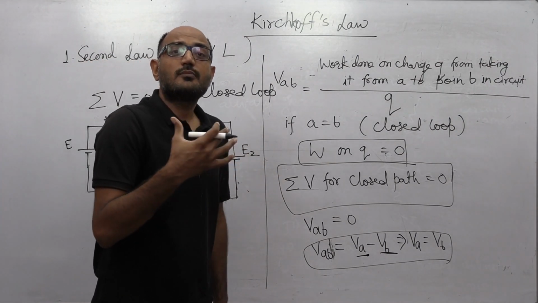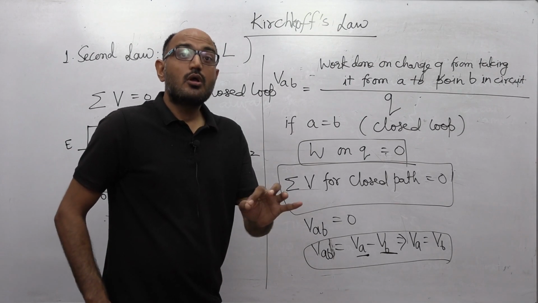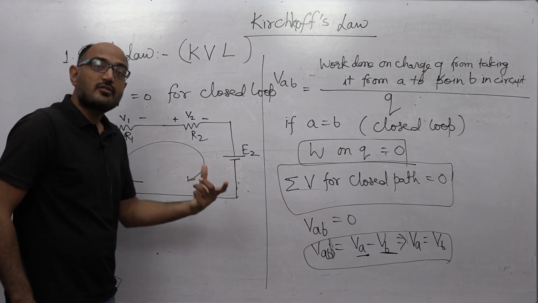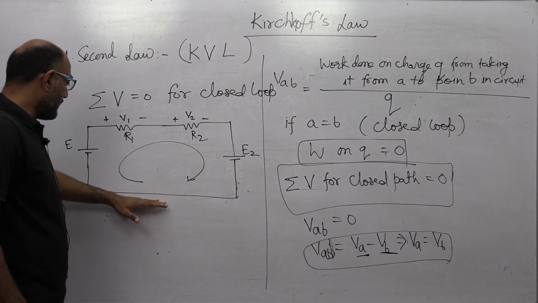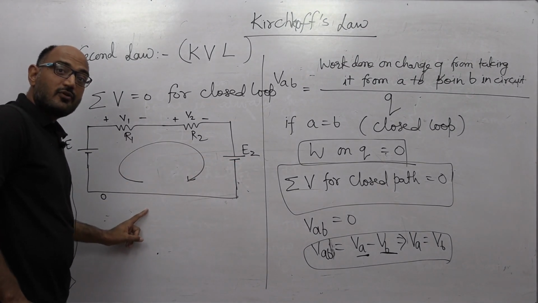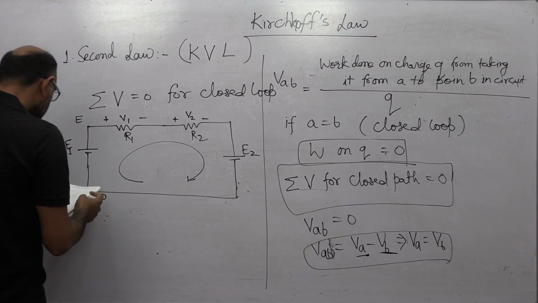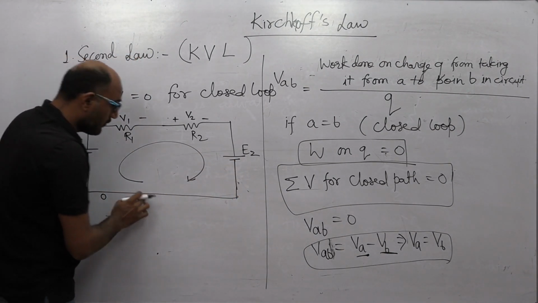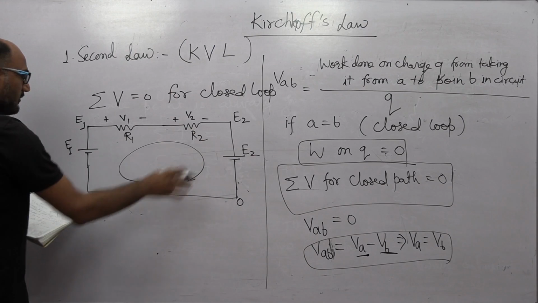So what is the way and what is the logic behind taking the reference node? The simple logic is, you should take that node which is connected to as many different components, right? Either resistances or energy sources. So this is the node point which is connected directly to E2 and E1. So I can take it as a reference node. So if here is 0, then what is here? Sorry, this is E1. So E1 here, and here again, this is a connecting metal wire. So potential is 0. So I can treat it as 0, and it is E2.